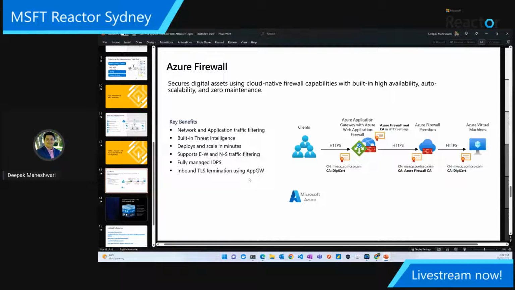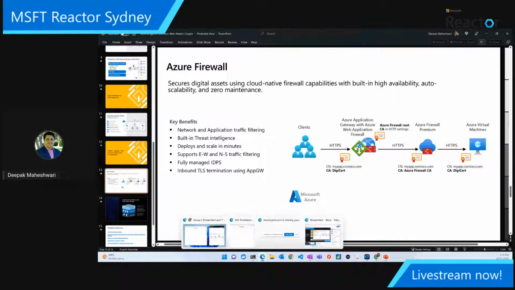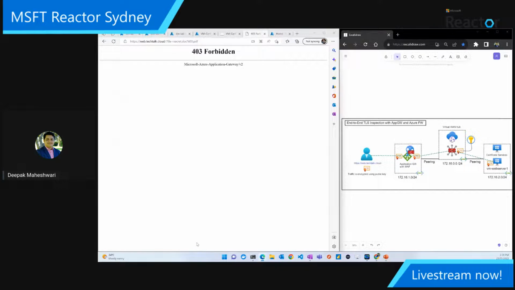So I've got a lab configured, and I'll show you in my demonstration what it looks like. To start, first I will connect to my lab environment. Just to give you perspective and an overview of my lab, on the right side you could see I have got my user who's sitting on the internet